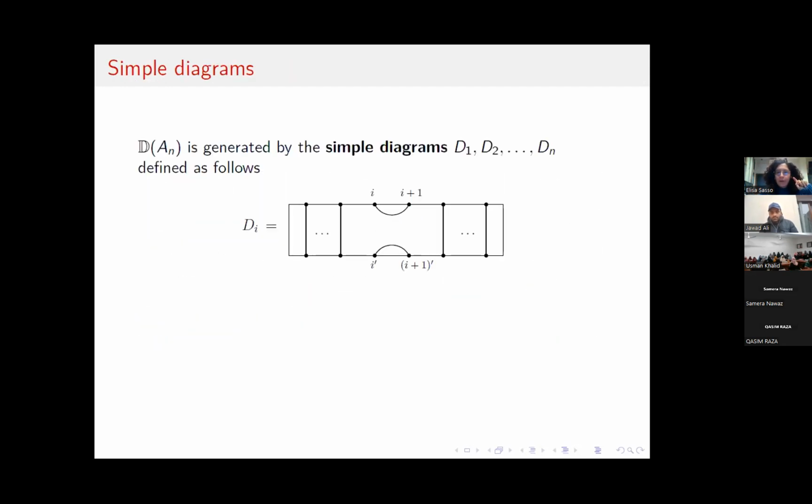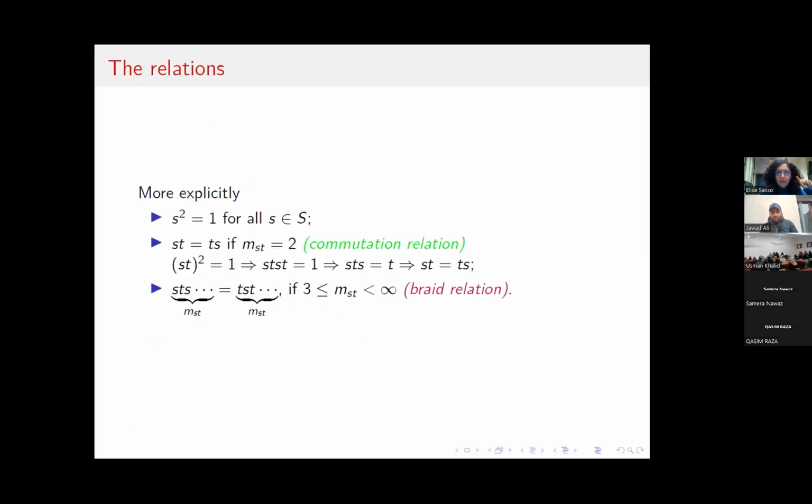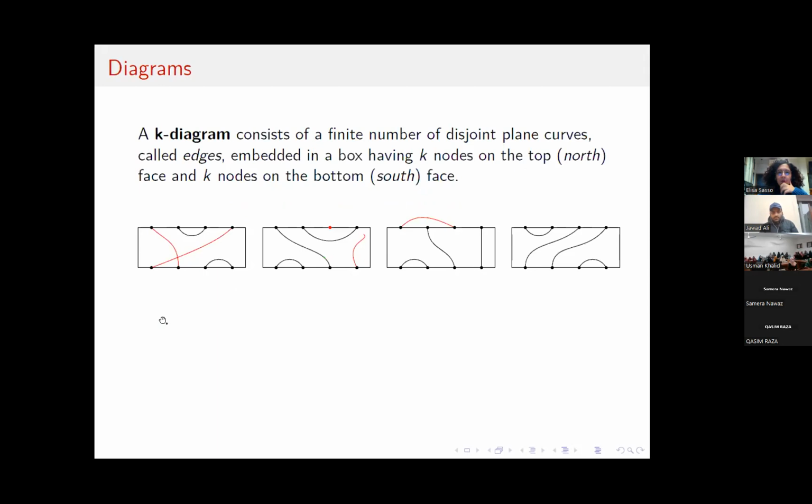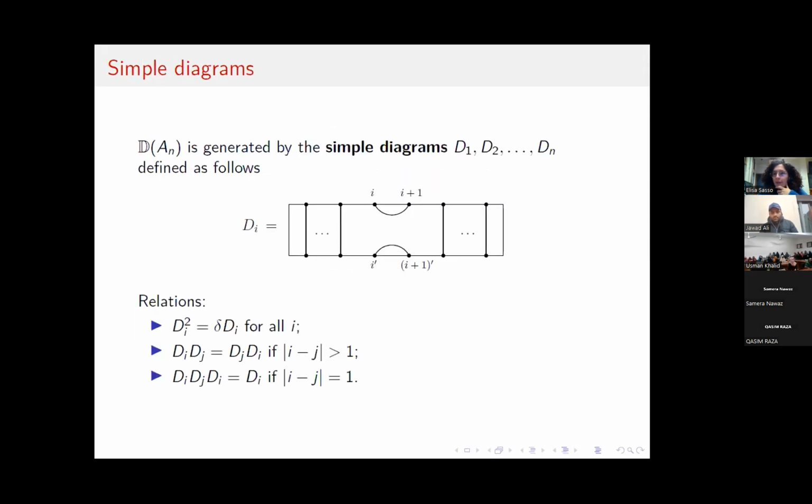I don't know if you remember. Let me show you. So we're there. Okay, these two. So I found two representations for these two Coxeter systems, and now I want to show you the diagrams that we used